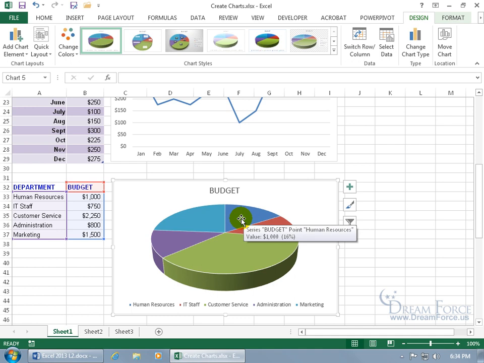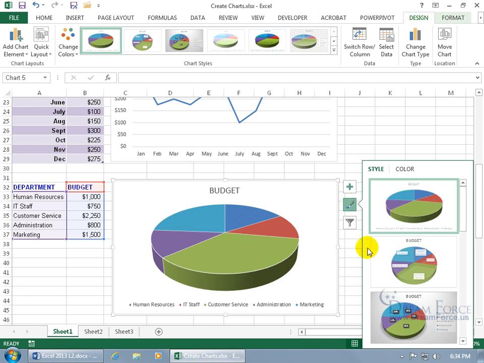And I'll show you how you can modify and customize your charts in the next training video and additional training videos to help you work with them, in case you don't want to have to hover over each one of these slices or part of the chart, like the column chart, to get the value. We can actually have the labels displayed and customize it that way rather than going with the default style. Like if I come up here, chart styles, of course you can go ahead and click on the